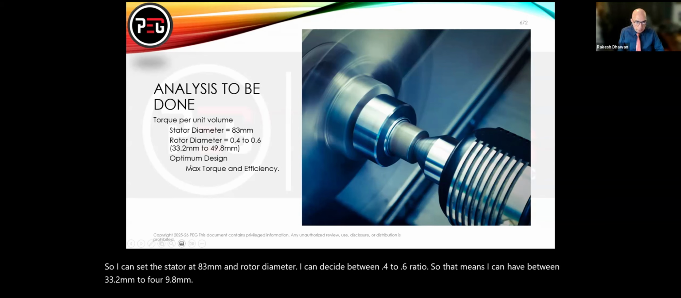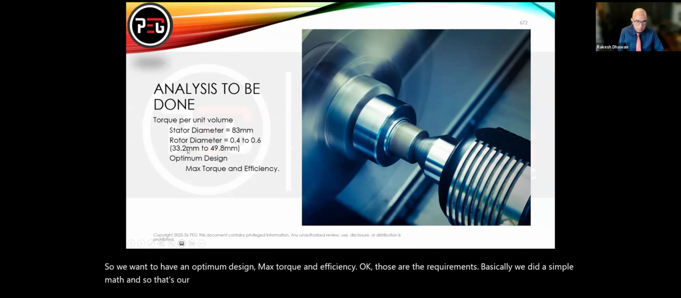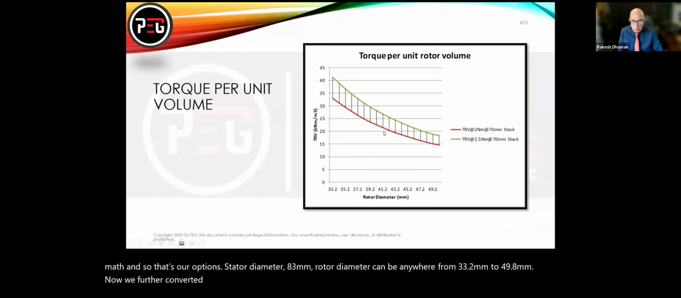So we want to have an optimum design, max torque, and those are the requirements. Basically, we did a simple math, and so that's our options. Stator diameter 83 millimeter. Rotor diameter can be anywhere from 33.2 millimeters to 49.8 millimeters. Now we further convert that. So for a 70 millimeter stack,